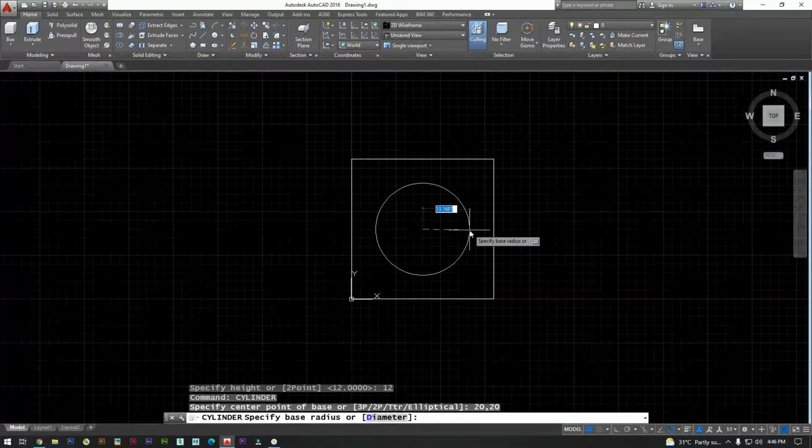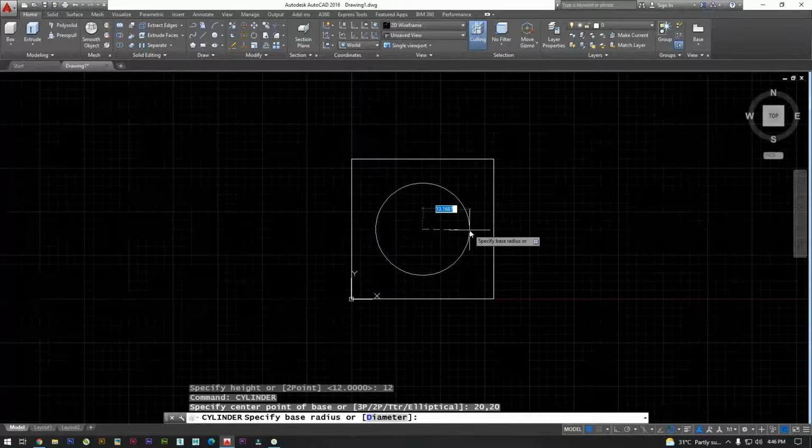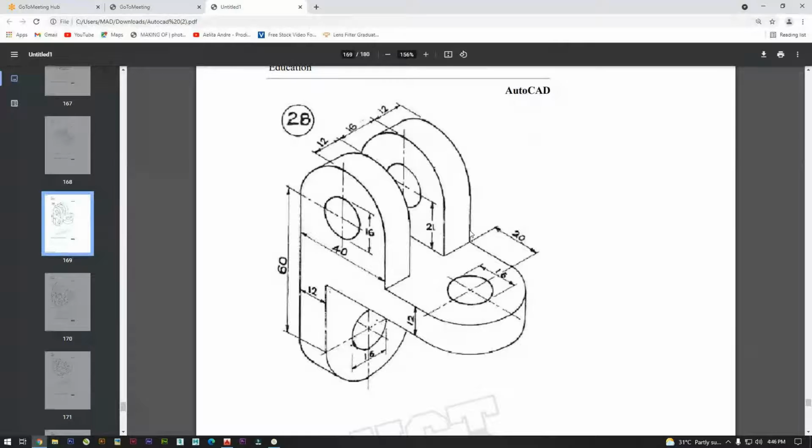No, see the drawing properly. Now tell me the radius. 8. Yes. And what is the height of the cylinder?